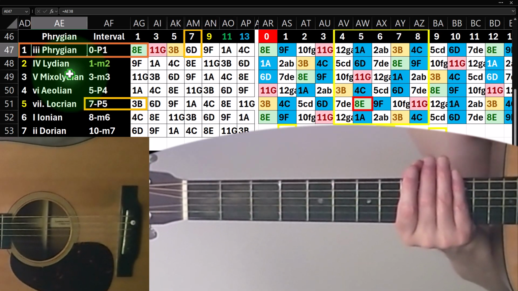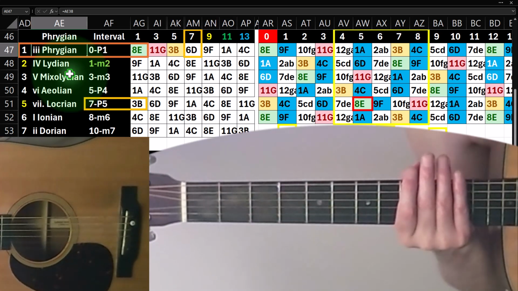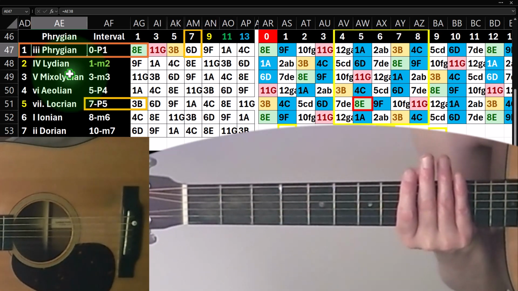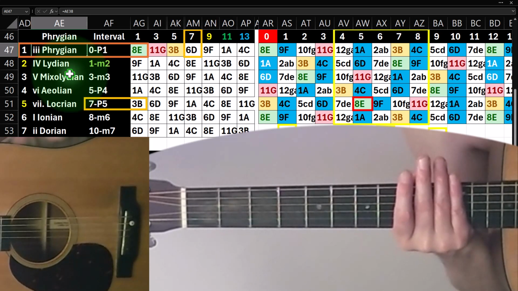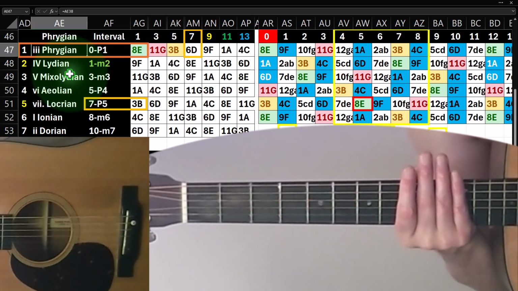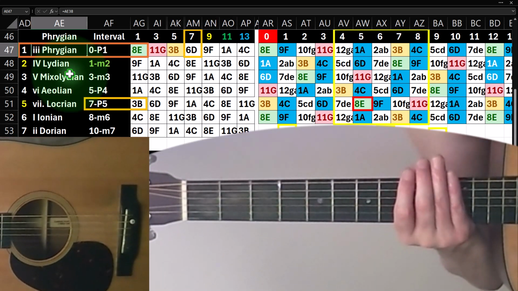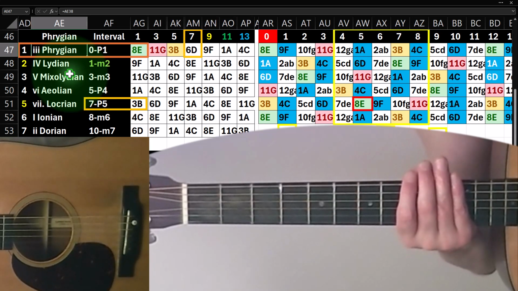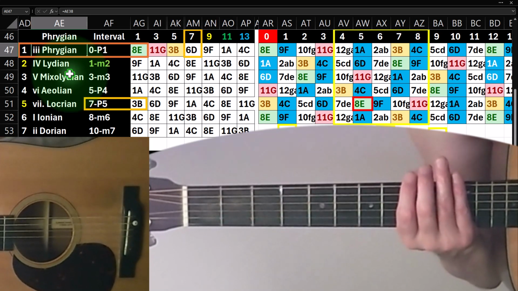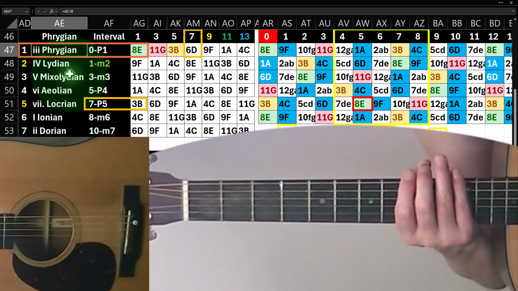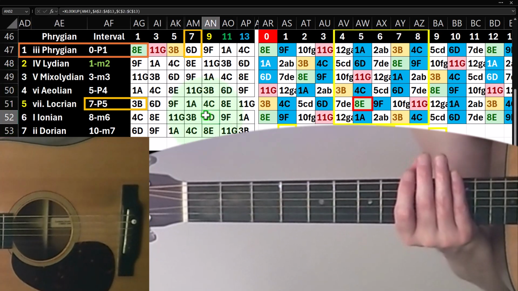But the reason we want to do that is because I want to see it as it relates to the other modes, which will help me with my chord construction and to basically be able to visualize how we can go from scale to scale, visualizing it in different ways. So I'm going to scroll back up and do a quick recap in terms of what we're trying to be